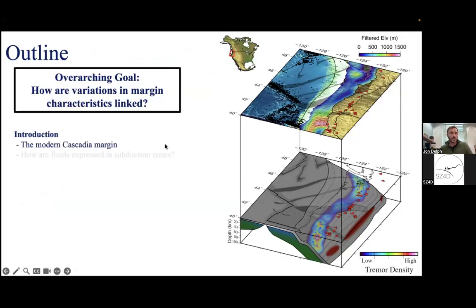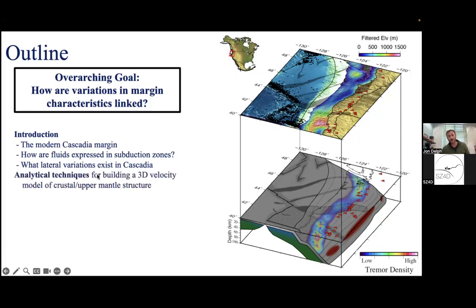So a quick outline of this talk, I'll go over a brief introduction of how we got to the modern Cascadia subduction margin, how fluids are generally expressed in subduction zones, because we think that a lot of the processes that we're looking at today are tied to the presence of fluids, and what other lateral variations exist in Cascadia. Because this is a pretty multidisciplinary audience, I'm not going to focus too much on the details of how we go about building these. Briefly touch on the techniques that we use for building these 3D models of the crust